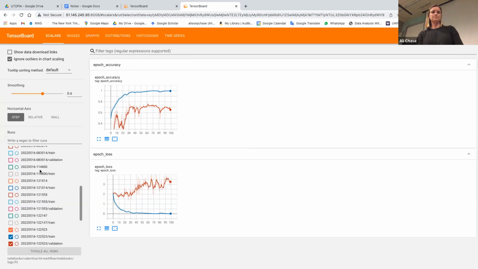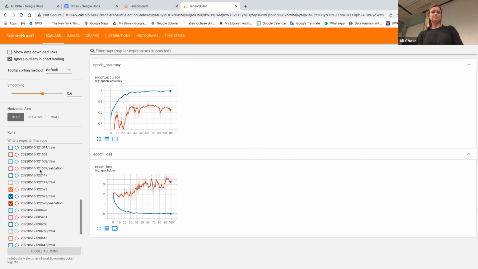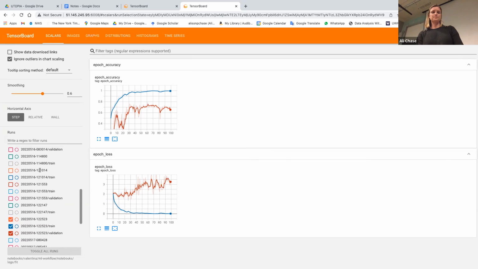And also what's really great is that if you're going to test many things, you can see there are a lot of different versions here where we were experimenting, you can toggle them off and on and have a nice visual, because you can imagine if you're going to experiment and run your deep learning network many different ways for a variety of reasons, either with the way you've prepared the data or the way you've designed the network, or both, you want to be able to keep all of that organized. And in this case, they're labeled by date, so you can keep track of your experimentation.